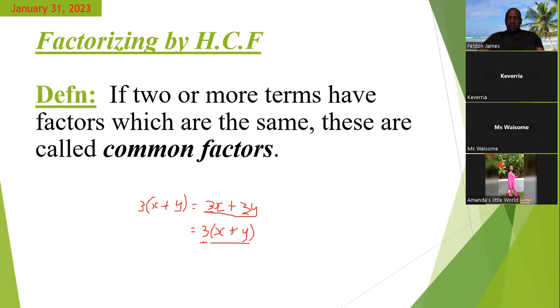All right, so that's the idea behind factorization. However, as I had mentioned before, they won't all be as straightforward as what we have just looked at. That is the simplest form you would probably see when you're doing any form of factorization. So to kind of dig a little deeper,